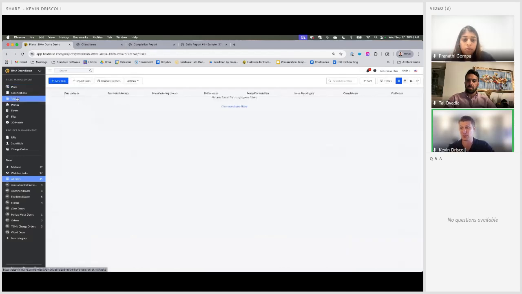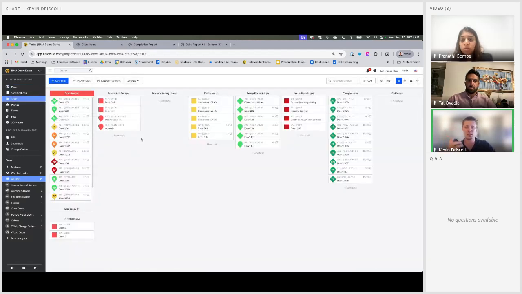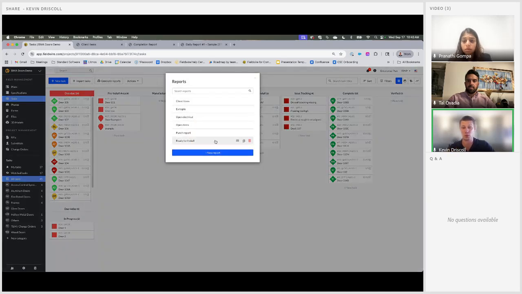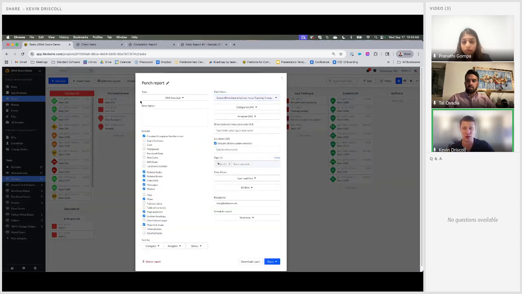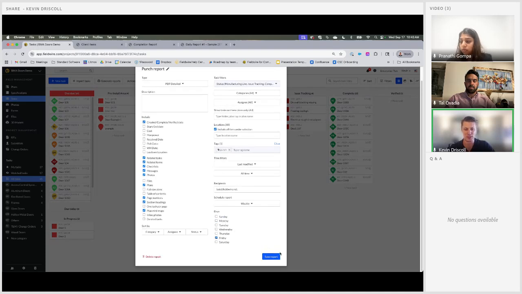One nice thing too is if, let's say, you're managing 5 jobs and each week you want to generate a series of reports, you can set that to be a scheduled report. So maybe every week we want to send our open punch items. Rather than setting this to send now, what we can do is set that to go out at a specific date or time to a particular person. And so while we don't offer PDF cross-project reports, you can kind of have a stack of those ready to go in your inbox, on a moment's notice on the date of your choosing.